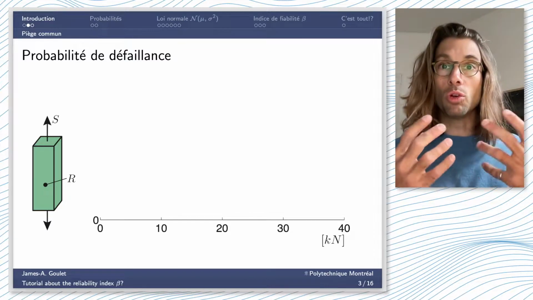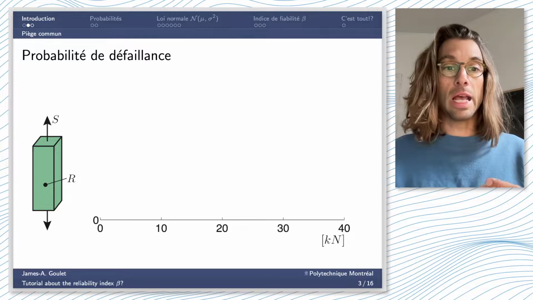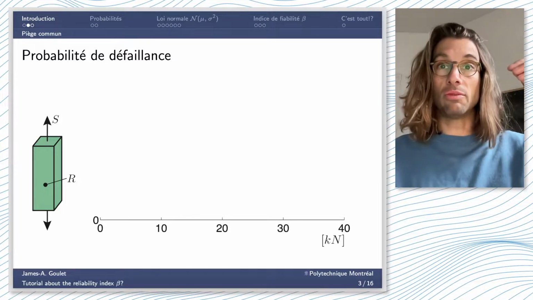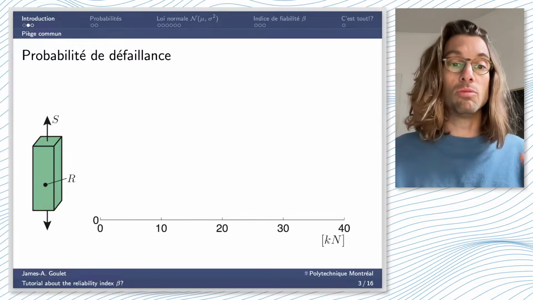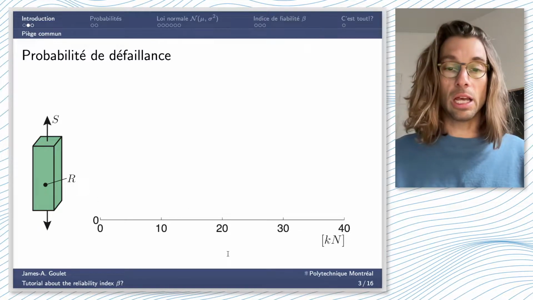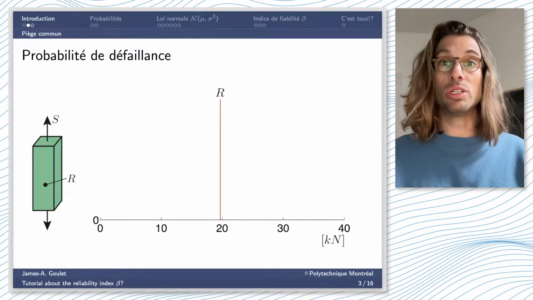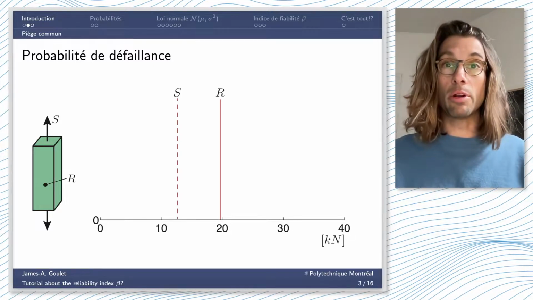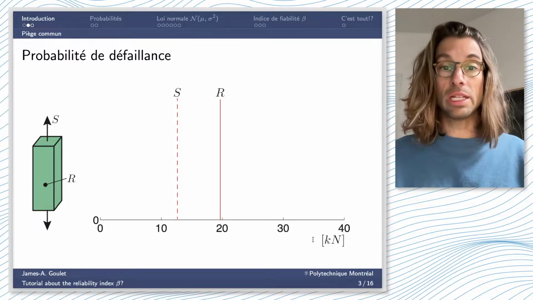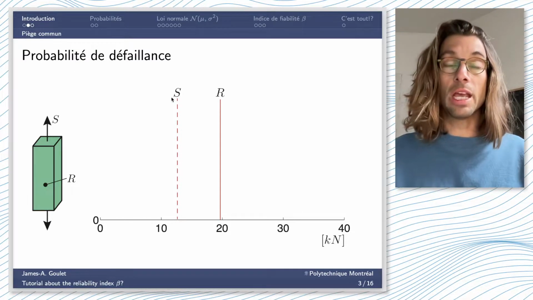If we want to look at this through an example, let's see this bar that is subject to a tensile force S and that has a resistance R. Here, if we look at the axis in kilonewtons, we can express the nominal resistance R as well as the nominal solicitation S. We can see that in this case, the strength, or R, is greater than the solicitation, which means that